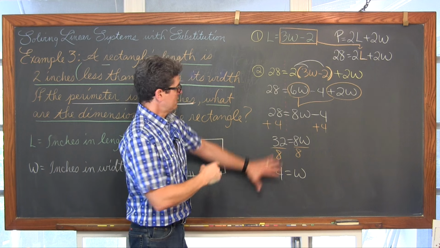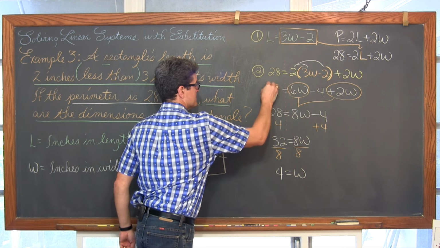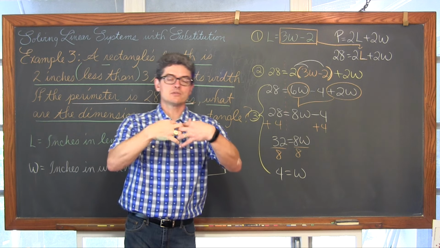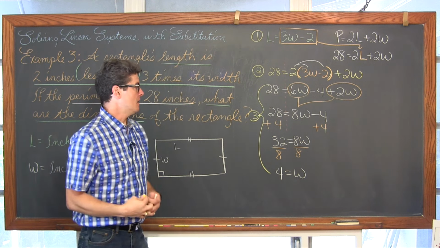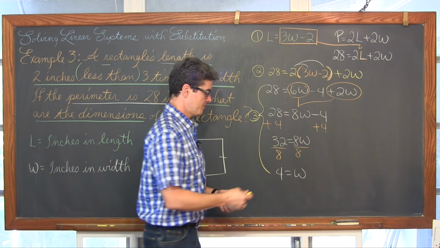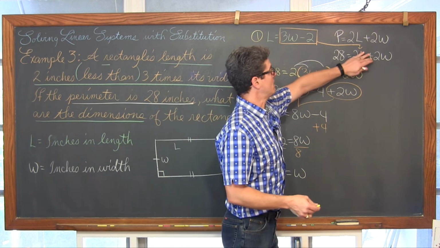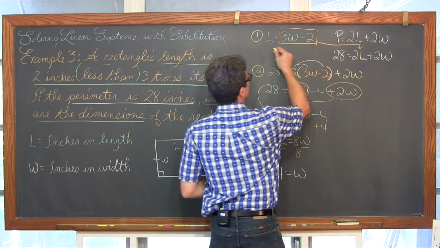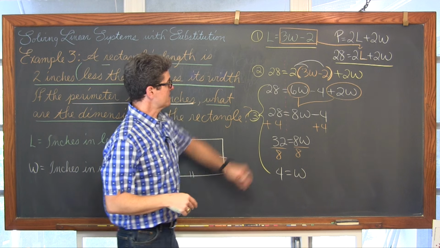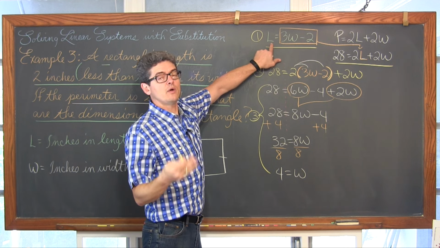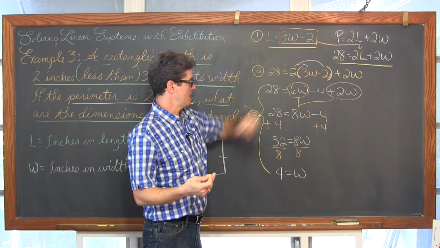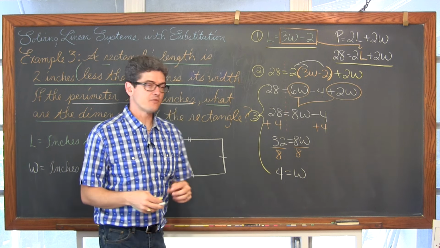Now, I didn't label it, but all of this solving for the remaining variable after we bring the two original equations together is step 3. Now step 4, take this answer and plug it back into either one of the original equations. We have this one and this one. If we want to find the length, this equation already has L by itself, so that would be the easiest equation to plug our W equals 4 into.